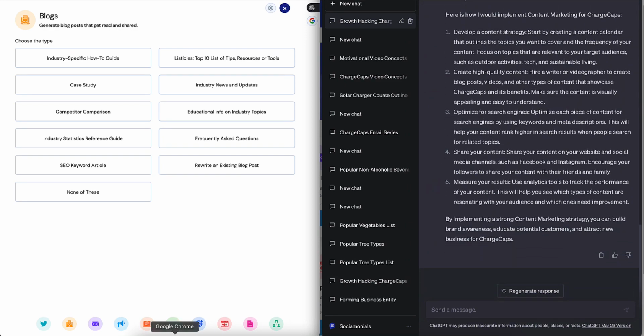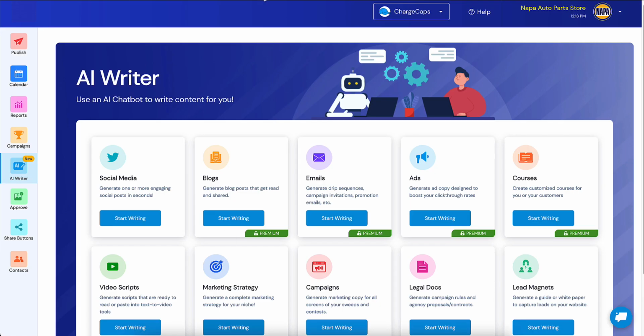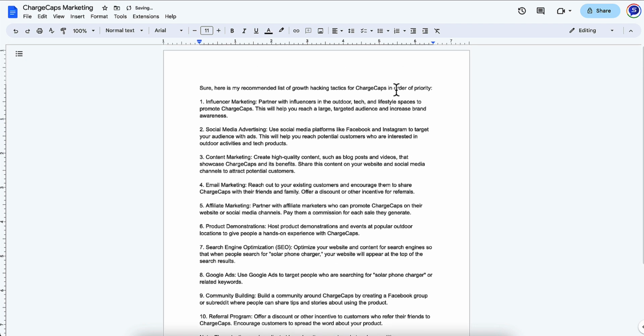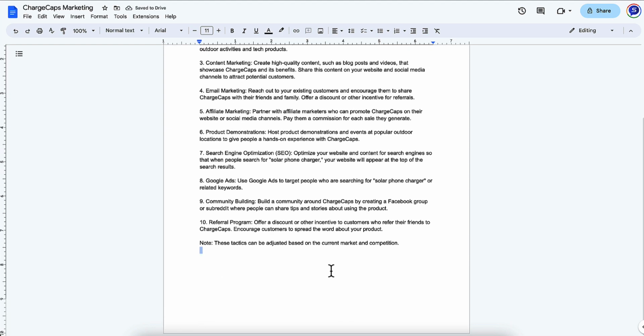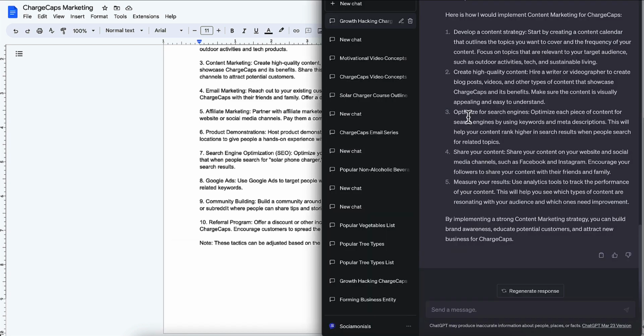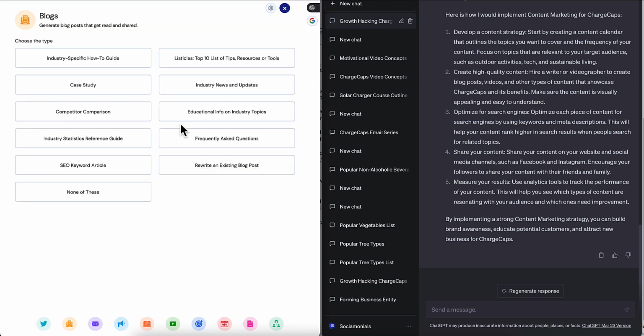So what I'm going to do personally is I love to jump into Google Docs, and I'm just going to paste this. So now I've got my recommendation for my growth hacks, give it some space, and then I can go back to what I was doing. So here is the ChatGPT window I can bring back, and I'm going to get back into doing some blog